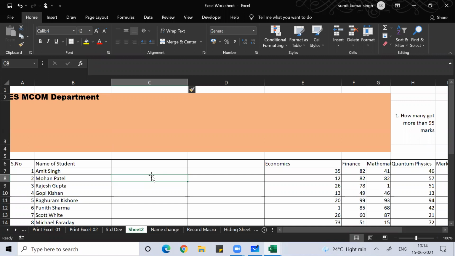Okay, now I want to separate name and surname. How can I separate name and surname? Very easy, guys. What you do, just copy the name first.